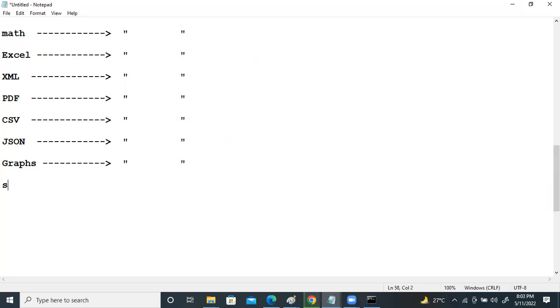And for statistics, we have statsmodels available to perform them. In this way, Python provides thousands of modules, 89,300 inbuilt modules, not only for computer applications, even for electronics or civil backgrounds, Python provides modules for those also.